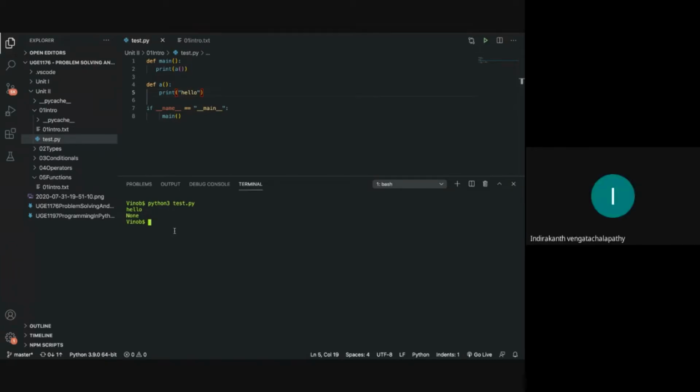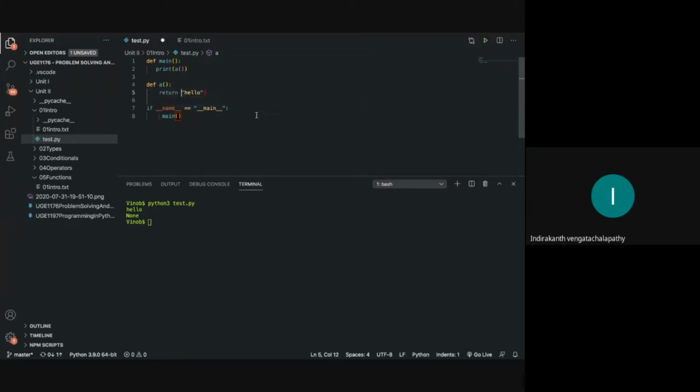Sir, a small doubt. Can you say the accurate meaning of return here in programming in Python? I'm confused with the return keyword. See, return is a keyword that is used in functions wherein you specify a particular value that is to go back to the caller from the definition. Okay, sir. Then why is None coming here? Because you are not explicitly returning anything, and as every function returns a value, if you do not return anything, it returns None back to the caller.